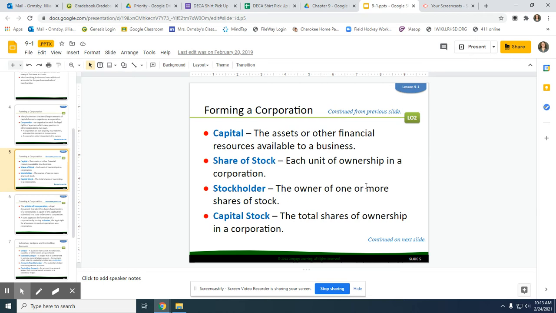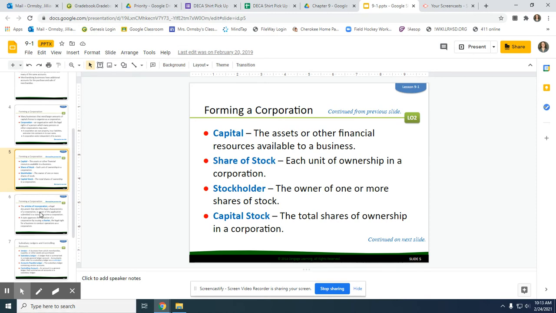A couple of terms go along with corporation. The first is capital, the assets or other financial resources available to a business. We have share of stock, which is each unit of ownership in a corporation. So, if you want to be part owner of a corporation, you can purchase stock in that corporation. A stockholder is the owner of one or more shares of stock, and capital stock is the total shares of